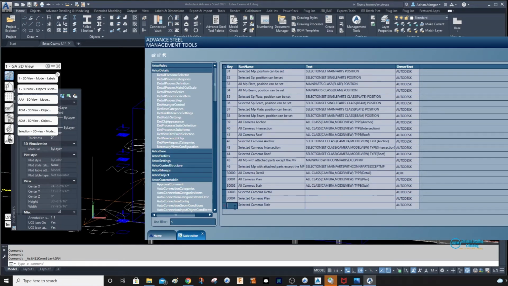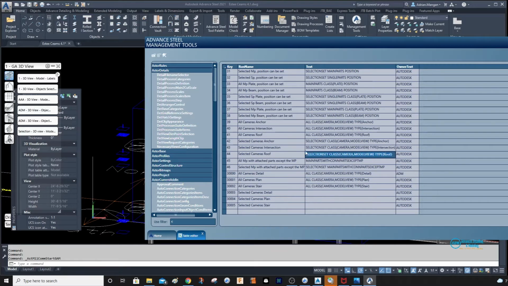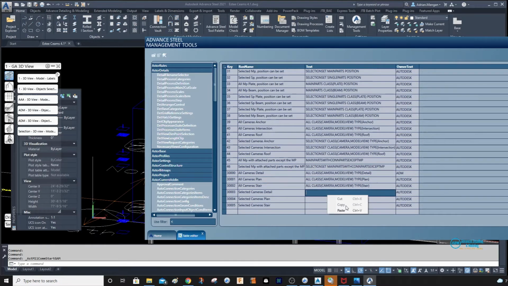STAIR, and then 30,005, and then come back here again to your roof, select the camera's roof, and then let's select this. Now I'll just copy it all. I was going to try and just copy the back part of it, but it's just as easy to delete this as put the brackets in. Just make sure you have them matching, so detail, and again,